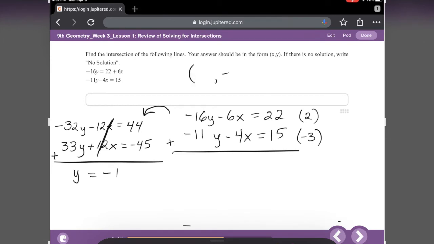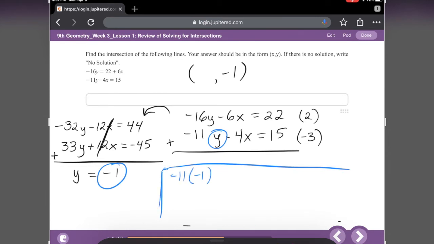It's going to be part of our solution. So now let's do the same thing as we did before and plug in negative 1 for one of the y's in one of the equations from before. It doesn't matter which one. Let's choose this one, I guess. So let me rewrite this. I'm just going to make some room down here. Negative 11 times negative 1 minus 4x equals 15. So that's going to be positive 11 minus 4x